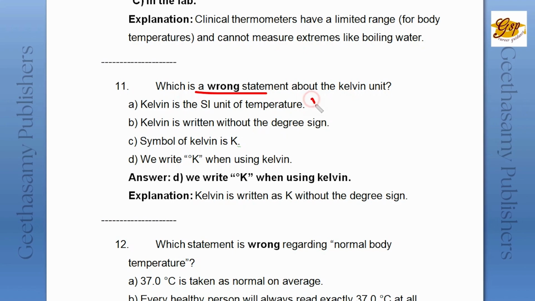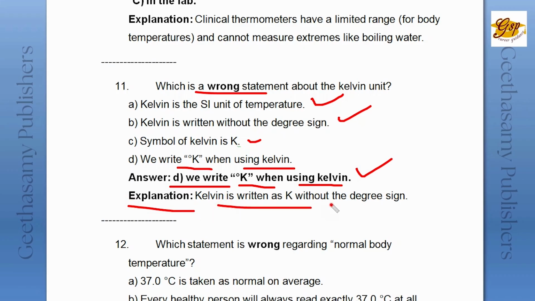And 11th question, which is the wrong statement about the Kelvin unit? Kelvin is the SI unit of temperature. Kelvin is written without a degree sign. Symbol of Kelvin is K, and write degree K when using it. No. Answer is D. When we write K, it's using Kelvin only. K only, no degree. So explanation, Kelvin is written as K without a